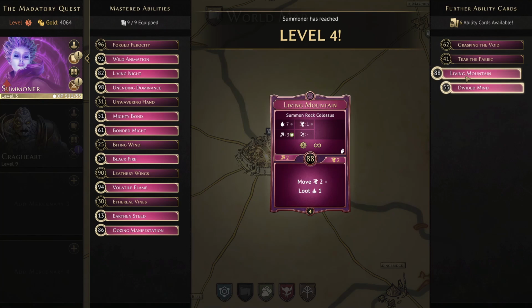The bottom is move 2, loot 1. That's very good at getting rich though. So if you do want to try and get rich, this is a card that can help you do it. Being able to move and loot in one action without having to start in the right place at the beginning of your round and use a loot 1. I think that the best use of this card really is to try and get rich. We're going to be going down the route of trying to be the best character that we can be,